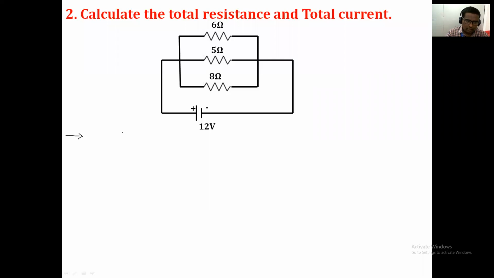One end of each resistor is connected to one common point, which I consider point A. The other end of these three resistors is connected to another common point, point B. So there are as many paths available as the number of parallel branches. Here there are a total of 3 parallel branches. So we call these the parallel branches. How many parallel branches are here? 1, 2, and 3. Is it right?